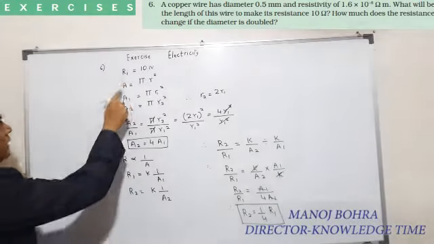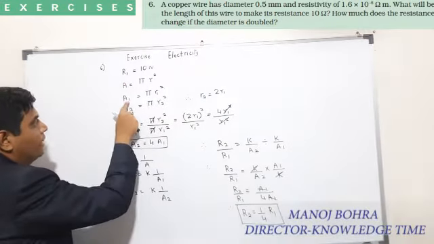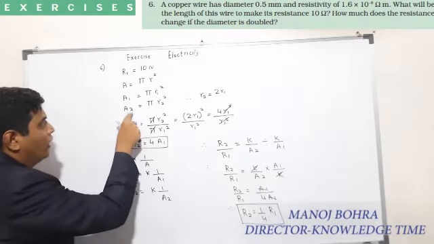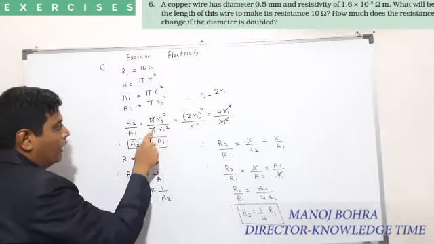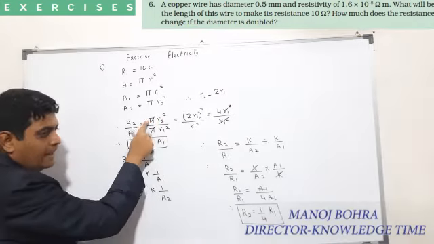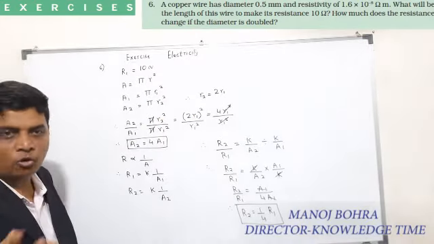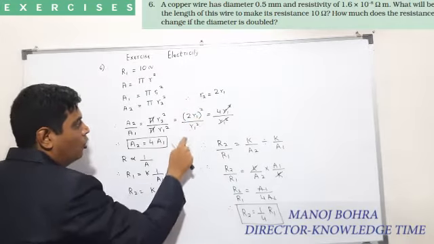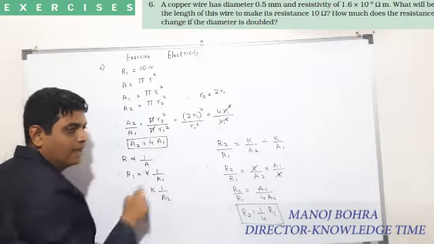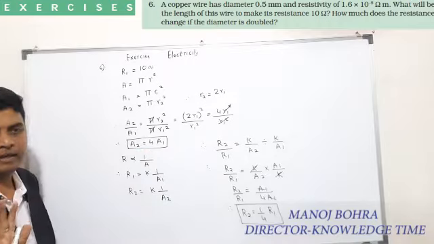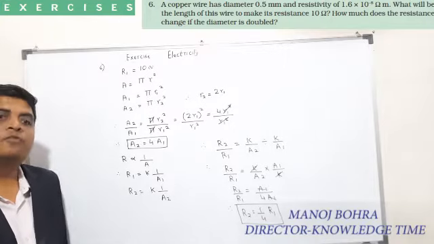So how will we find out? See, resistance is 10 ohms, it is given. Area is pi r square. In case 1, A1 is equal to pi into R1 square. Your A2 is equal to pi into R2 square. So what will be A2 upon A1? Pi into R2 square upon pi into R1 square. Pi gets cancelled. We know R2 is twice of R1. Why? Because diameter is twice of original diameter. So you get twice of R1 the whole square upon R1 square. 4 R1 square upon R1 square. R1 square and R1 square get cancelled. So A2 is equal to 4 times A1. So don't make the mistake of writing A2 is equal to 2 times A1. No, it becomes 4 times.